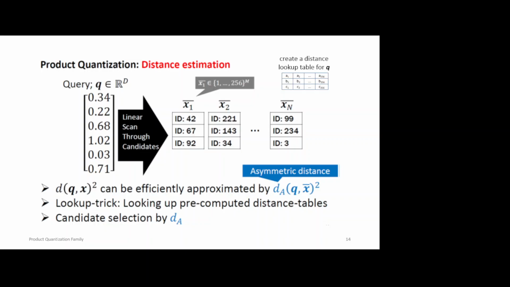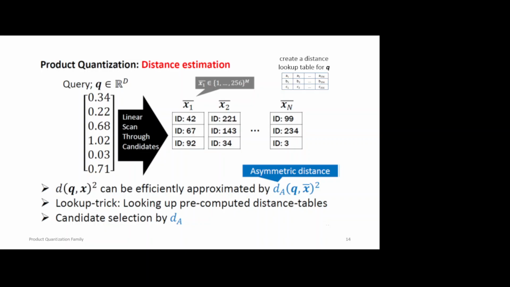all the database vectors. For example, for the first database vector, x1, we can check its first segment is 42. So we just check the distance lookup table, the first row, and the 42nd centroid. Remember we store the distance here, right? The distance to the query, so we already know its distance to the query. So we just